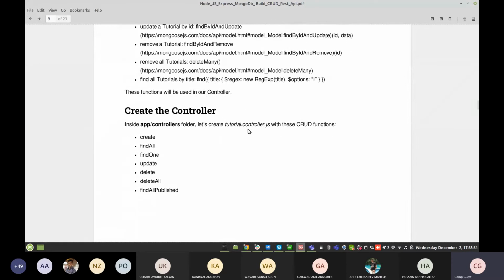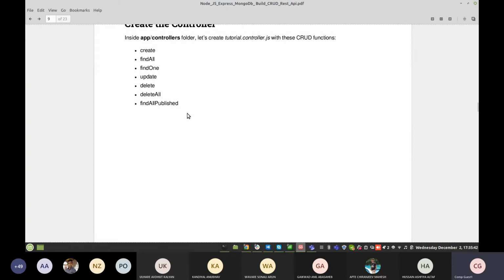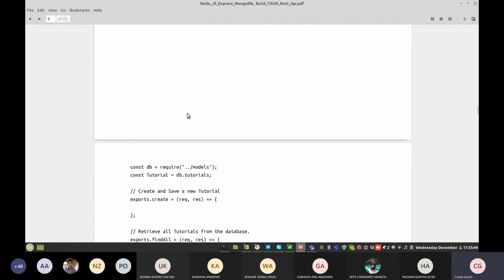These are the functions we have used in the controller to perform operations like add, create, select, single select, update, and delete. So these are the operations we need to use.